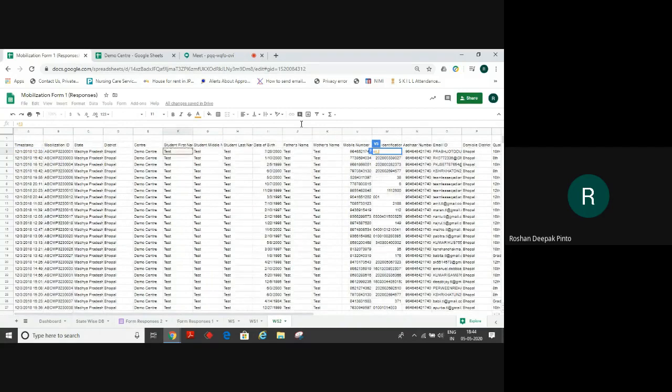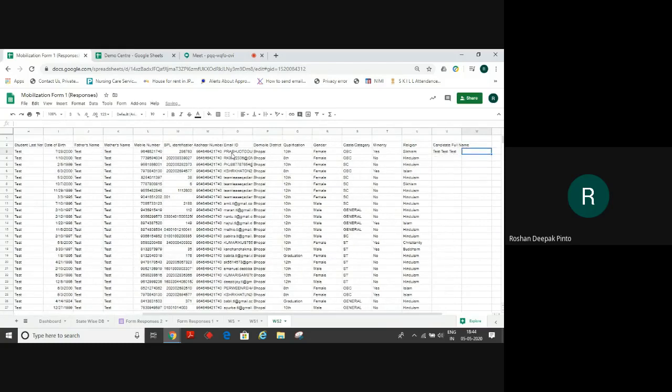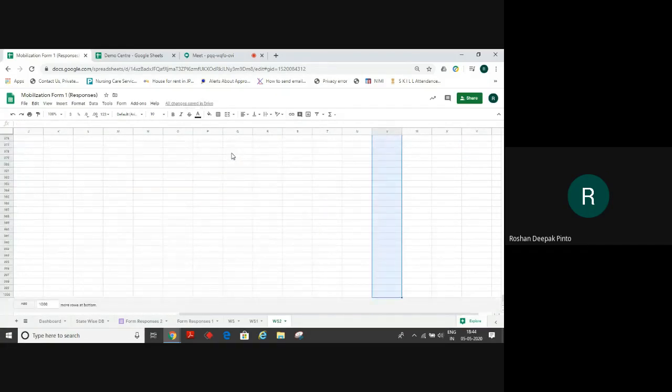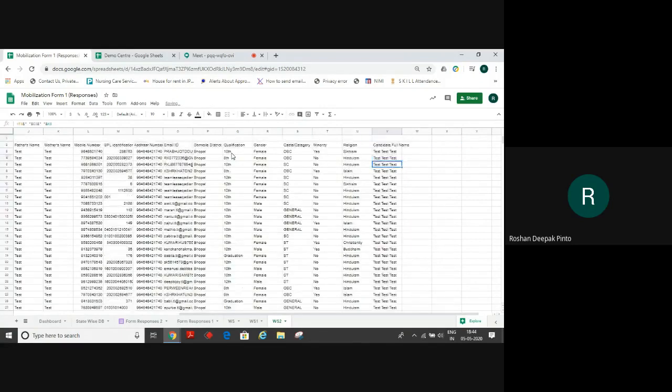This cell AND, open inverted commas, a space, again open commas, and the second name of the candidate, and inverted comma, space, inverted comma, again AND the third name, the last name. And I press enter. So here you have the complete name. I'll copy this and drag it till the end, so that whenever new data comes in, that will automatically give you the complete candidate name.